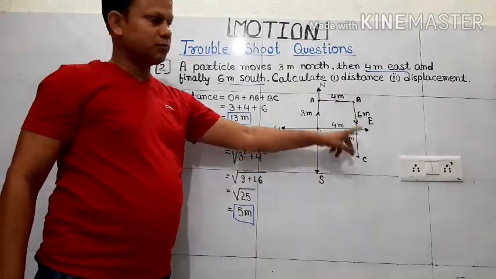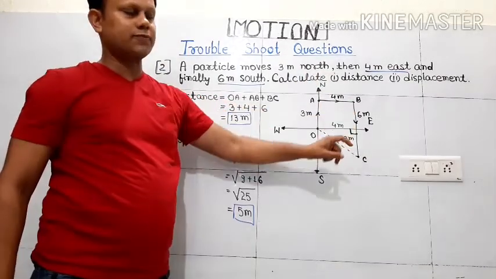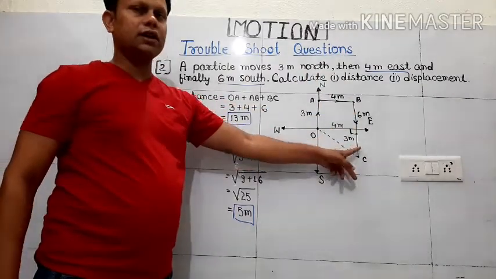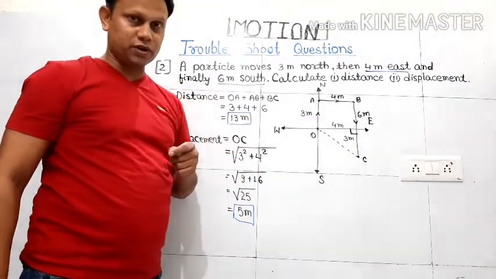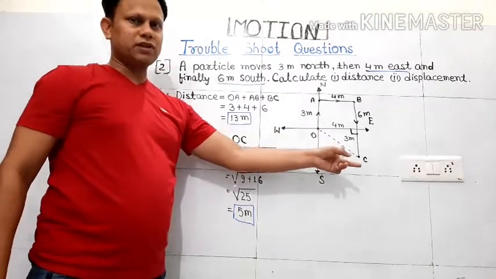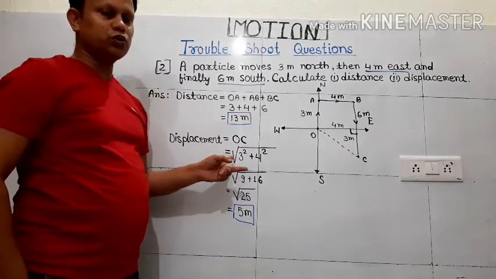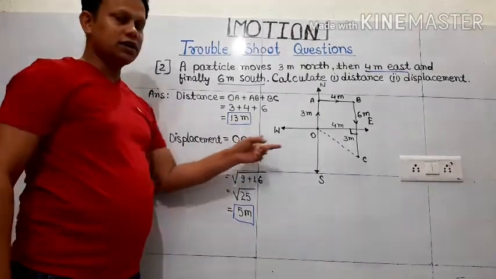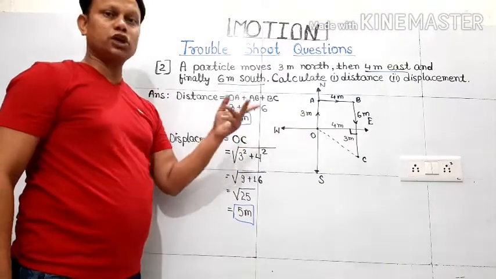And this is 3 meter because total was 6. This part is 3, so obviously this part is 3. So this 4, this 3. By taking this measurement and taking help of the Pythagoras property, can we take out the value of this displacement? Because it is acting as a hypotenuse. Now to get the hypotenuse, what do we do? We take the square root of the sum of the squares of the other two legs.